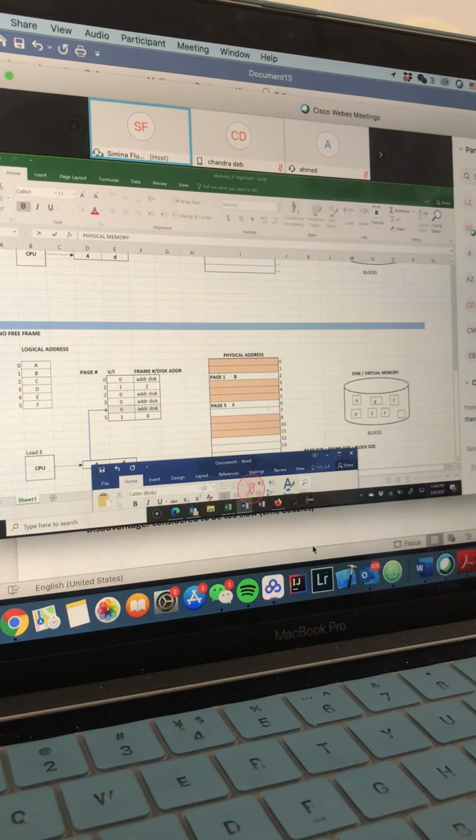So we want to copy page 5 into the secondary memory, to swap out page 5, such that what we have in the secondary memory is the same as what we have in the main memory at that point.